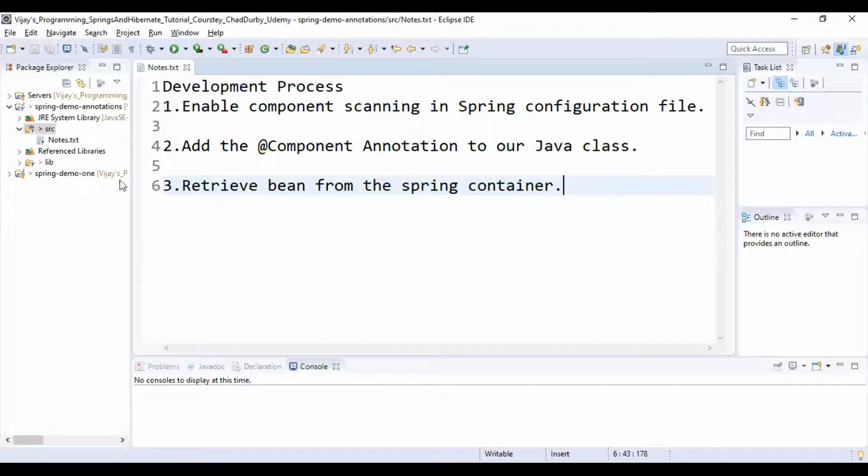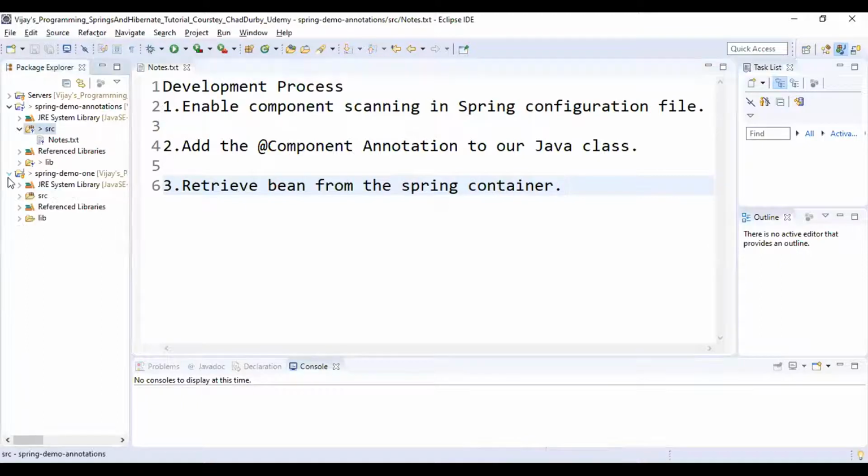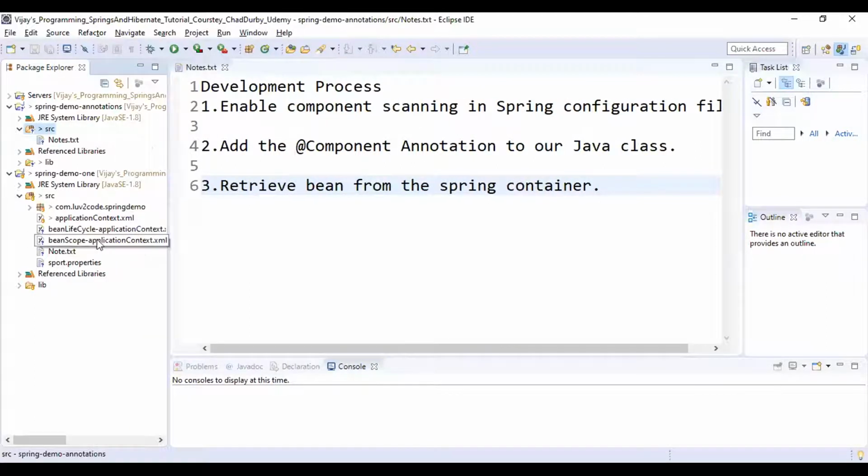Expand this node and expand the src node, and here you can find one configuration file, that is applicationContext.xml. This is the file you need to copy.